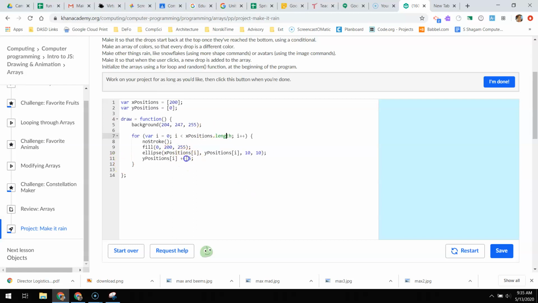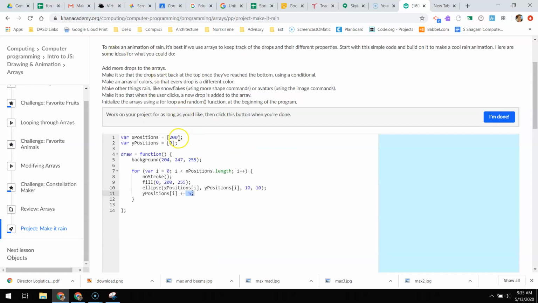And it adds 5 to the y position, so where it is going down the screen, each time it goes through that loop. So the first thing it said was to add more drops to the array. So I'm going to add, I'm just going to start over here at 10, and let's do 25, 75,